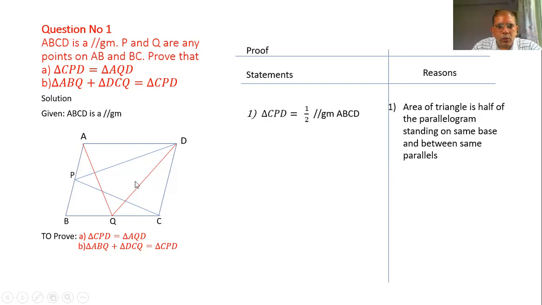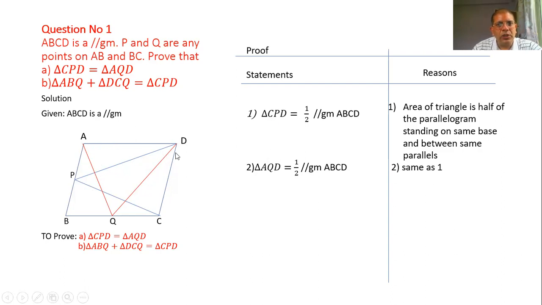Now number 2, you can take this triangle, then which part is remaining? So this triangle and this triangle are your remaining. You should take the concept that these two parts are also half of the total. If this is half of the total, then these two triangles are also half of the total. Then another concept is triangle AQD is also half of parallelogram ABCD. So exactly same as 1.